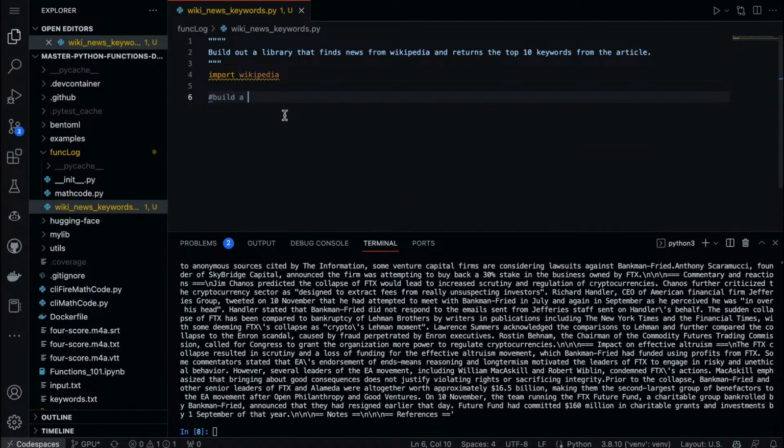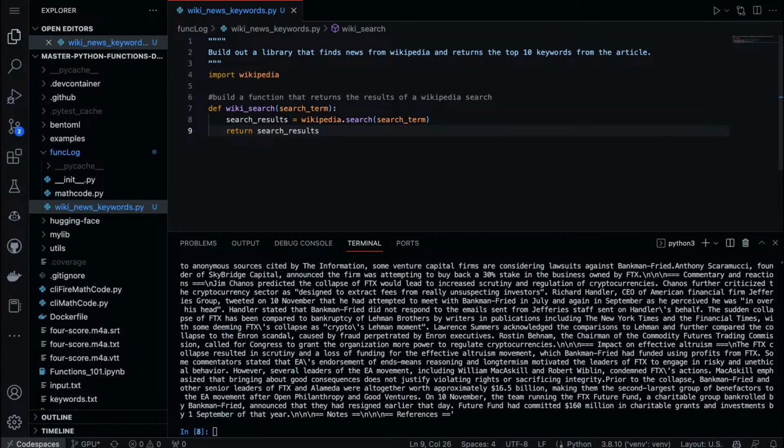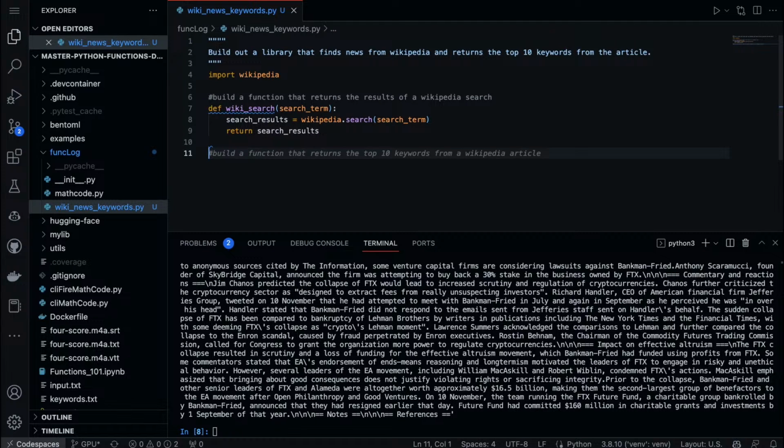Build a function that returns the results of Wikipedia search. Right, so that's easy, right? There's not much to do, and in fact we're almost wrapping something that we don't even need to wrap.